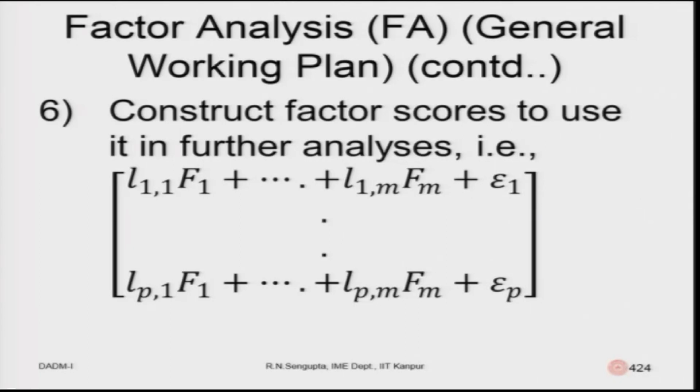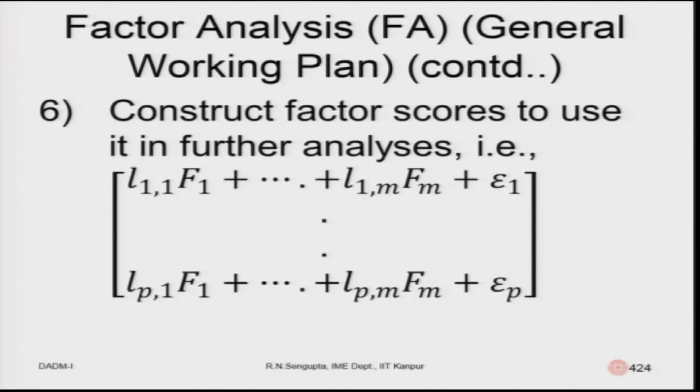So, we will consider the factor scores in such a way that the first set would be the convex combination corresponding to the first factor, which will be L11 into F1 plus L12 into F2, and so on, till the mth one, which is L1m into Fm. This whole set gives me the plausible reasons to which I can assign causes, and this would be the error part. Similarly, when we go to the second one, it will be x s